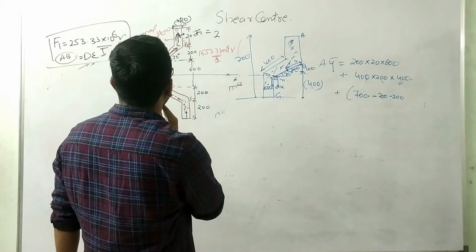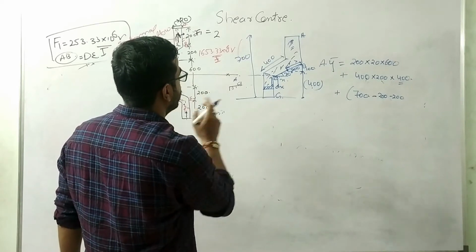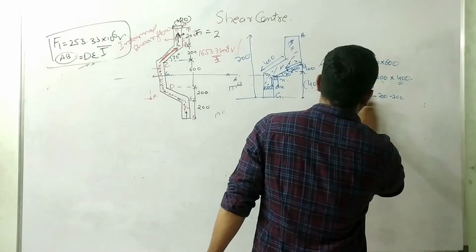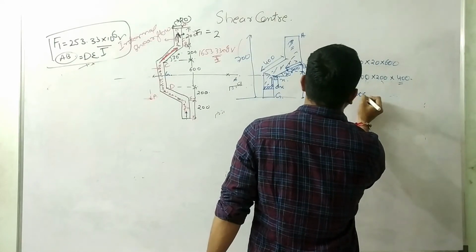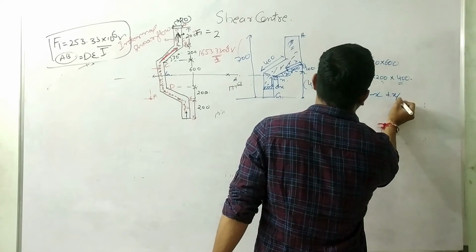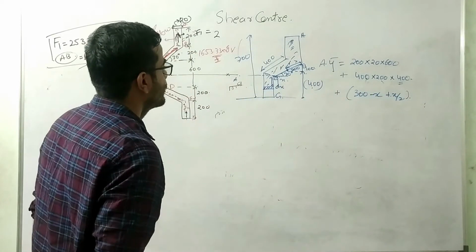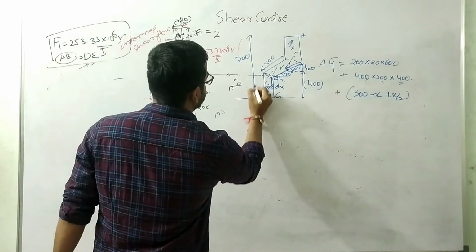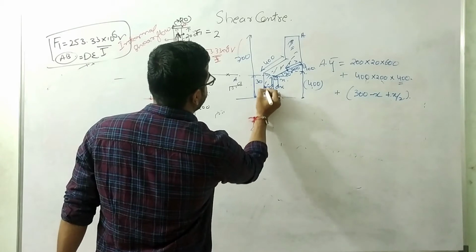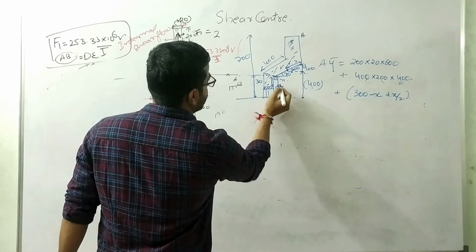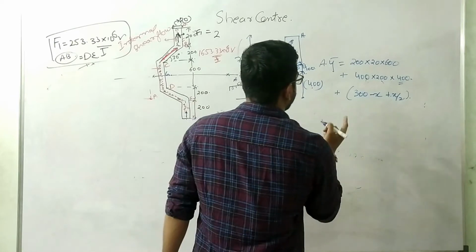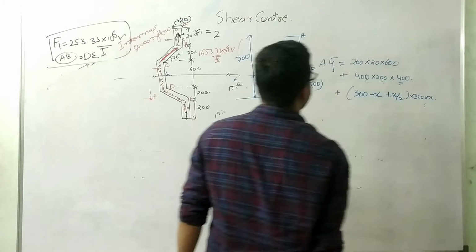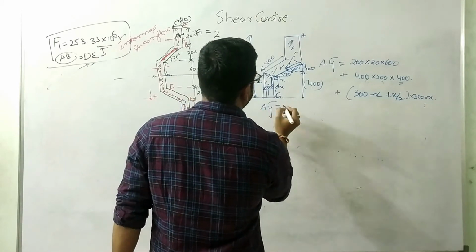Or I can simplify. So this is 300 minus of x. I can write it in an easy way: 300 minus of x plus x by 2. This is 300 distance from here. So 300 minus of x will give me this distance, plus x by 2 will give me the centroid. And area is nothing but 300 into x. So our AY bar is nothing but